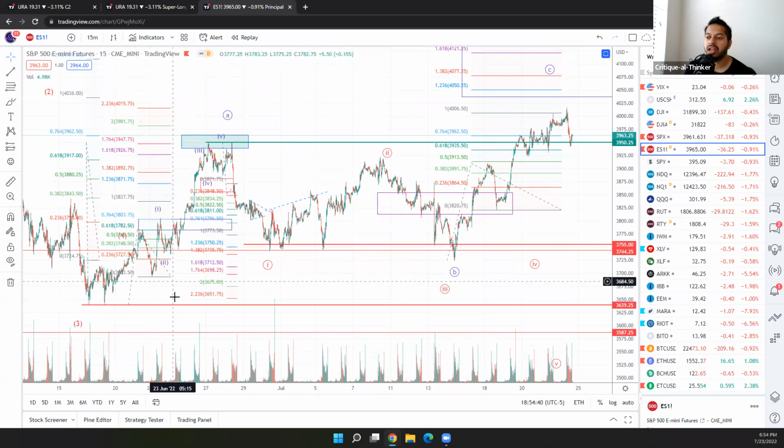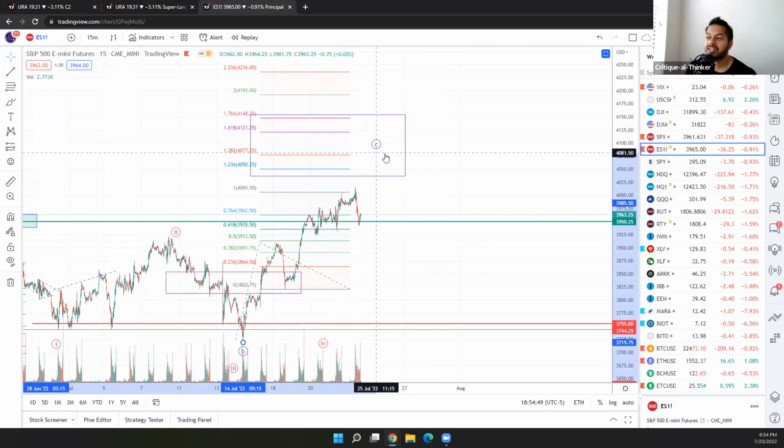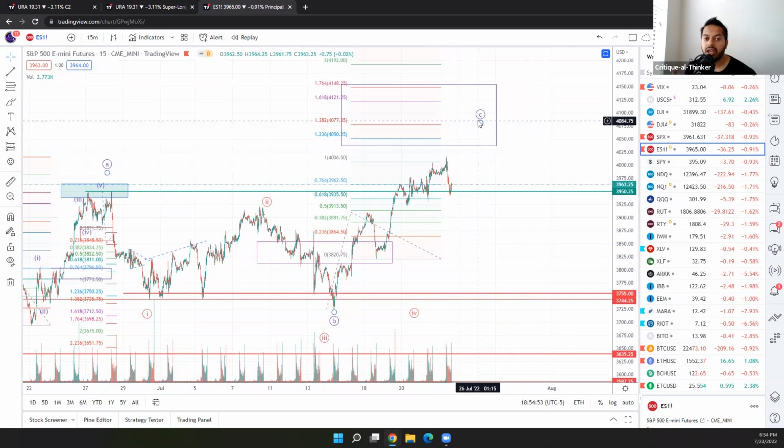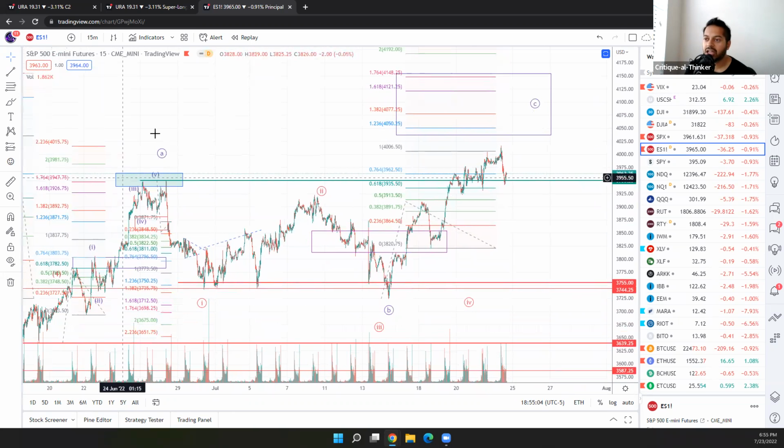So really, we've seen an ABC pattern up and a very deep retrace. So this best counts as a big A and a B, and we're very likely completing some kind of a C wave. Now, this could lead to some danger in the near term once we do finish this rally, because when you have an A, B, C off the bottom, that could be a setup for some further downside. So we can't rule that out, but there's a much greater likelihood that this action A, B, C